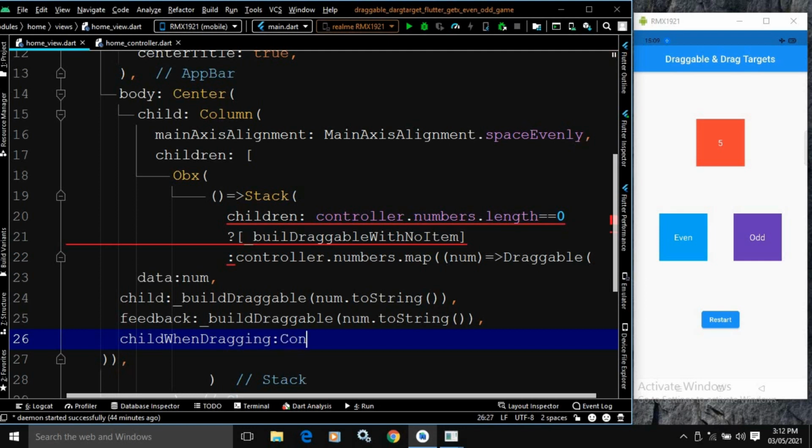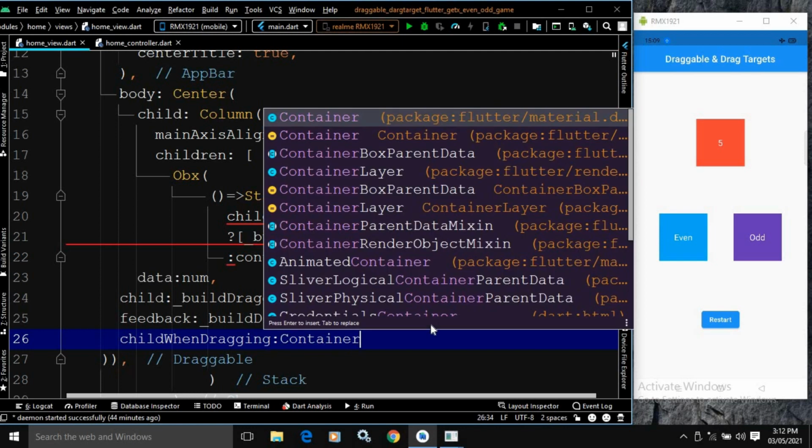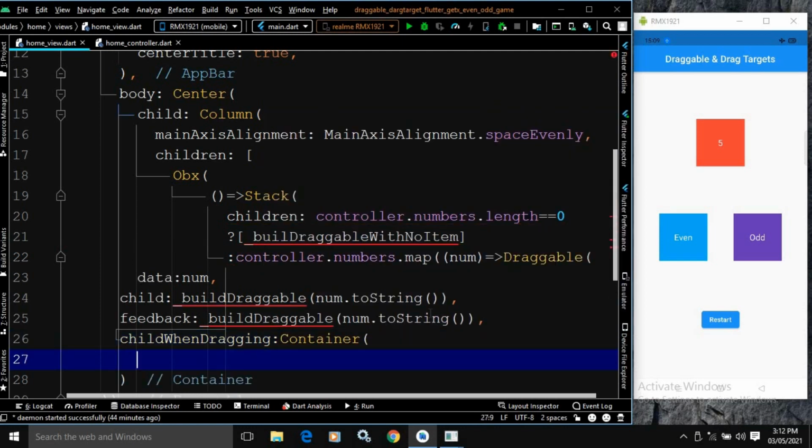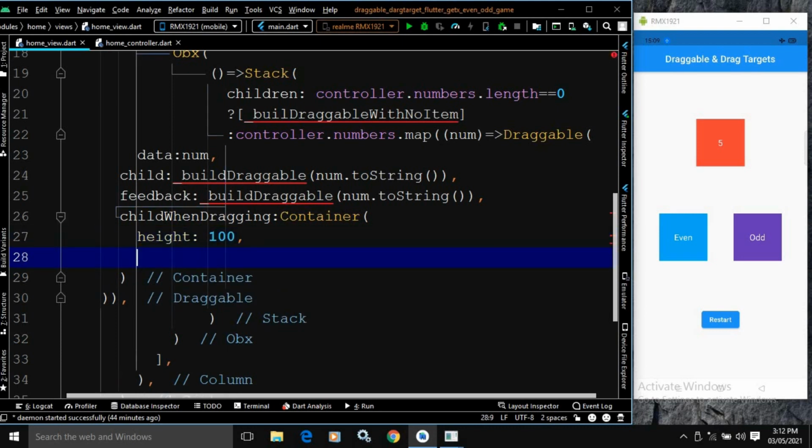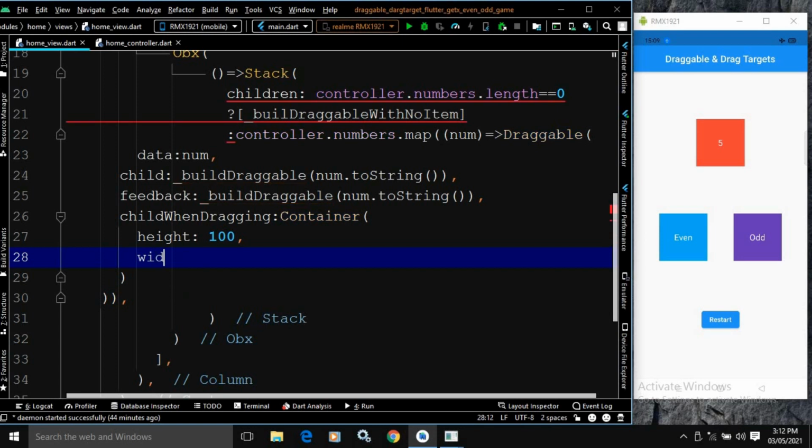Here I will call a container widget, and in the container widget here I will pass the height as 100. I will pass the width as 100.